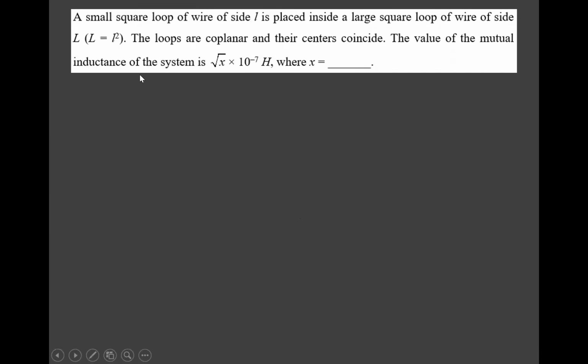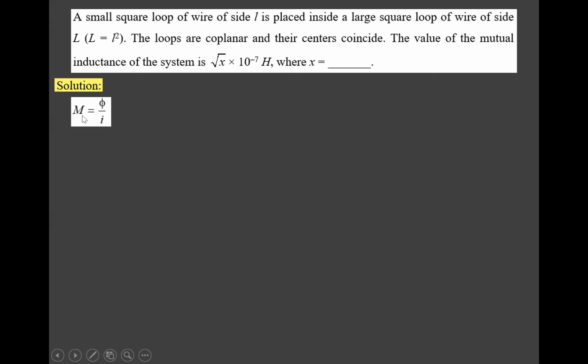Now see here, two square loops are placed coplanar, a small square loop with side small l that is placed at the center of the large square loop of side capital L. And now we have to find the mutual inductance of the system. Now see here,